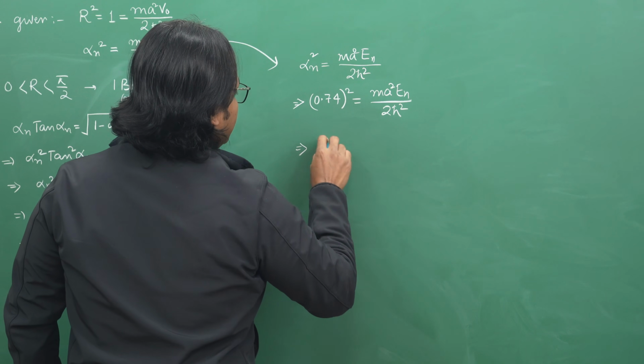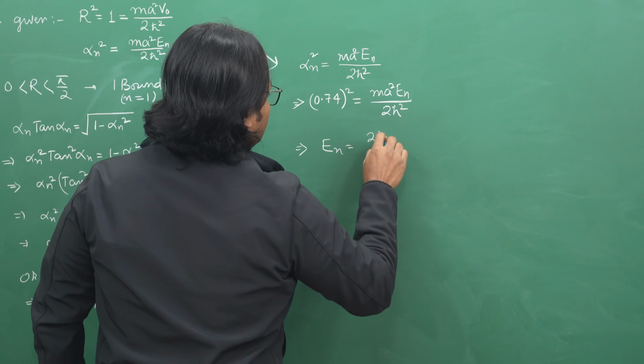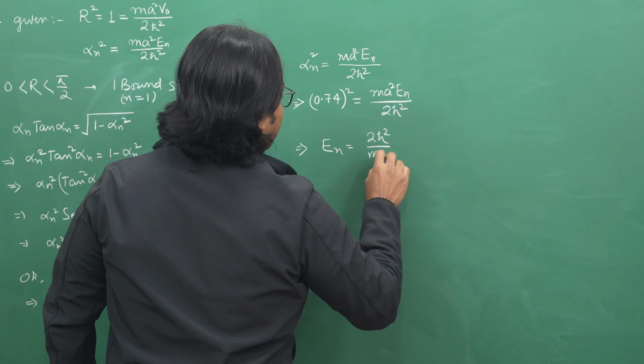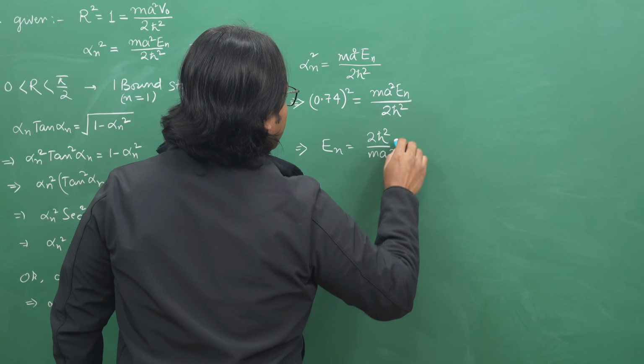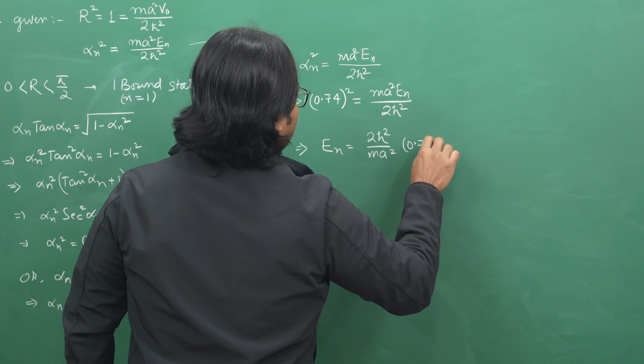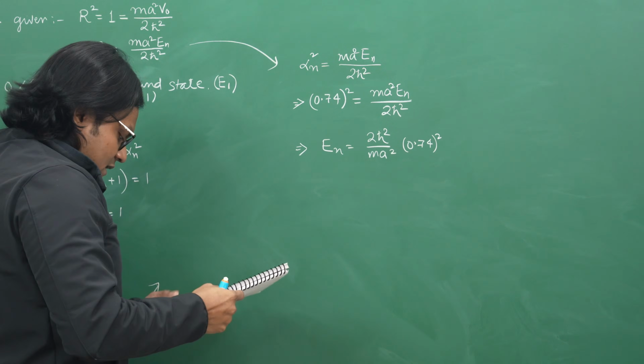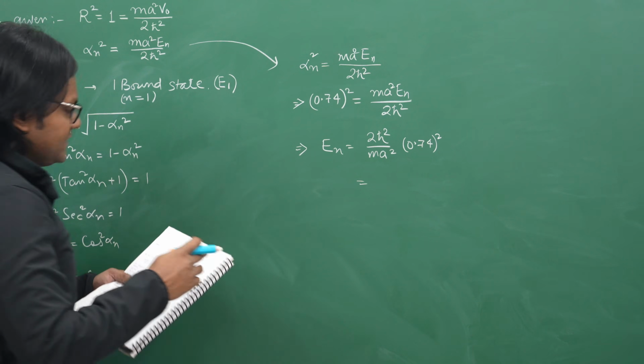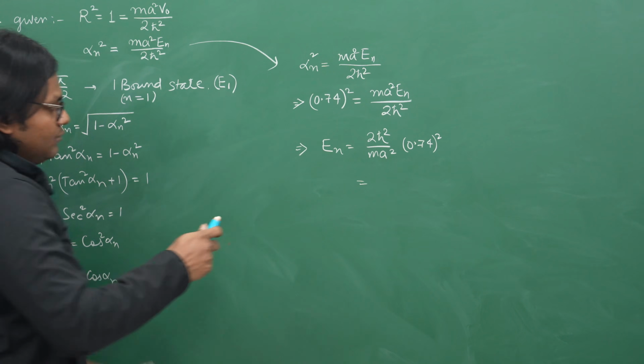Therefore, En is equal to 2 h cross square upon m a square, and here I have 0.74 square, which comes out to be somewhere around 1.1. 0.74 square into 2 comes out to be 1.1